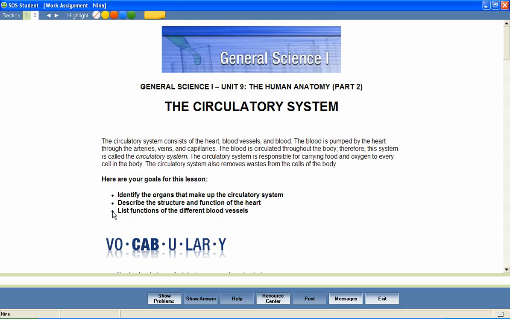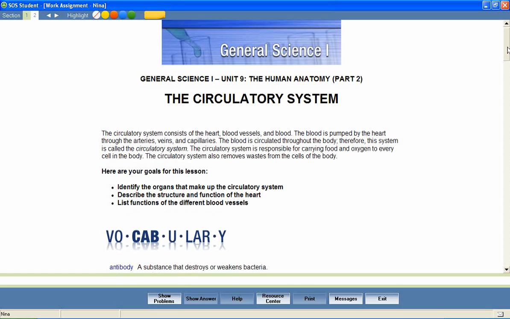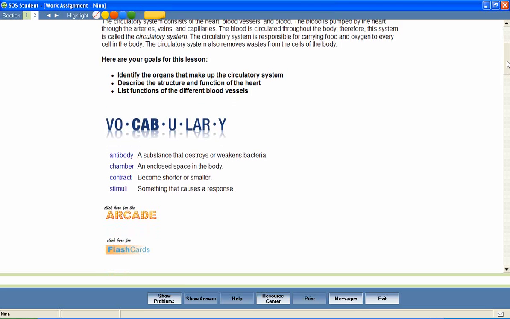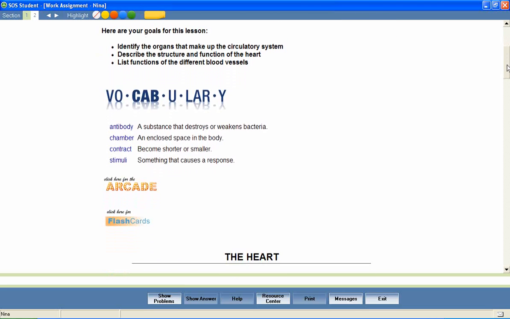of lesson content. At the beginning of most lessons, your students will also encounter a list of vocabulary words that will be used throughout the lesson. We've included several activities to encourage mastery of these important words. For example, students can hear the correct pronunciation of each word. Stimuli,